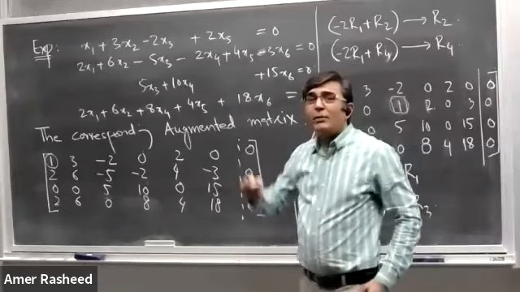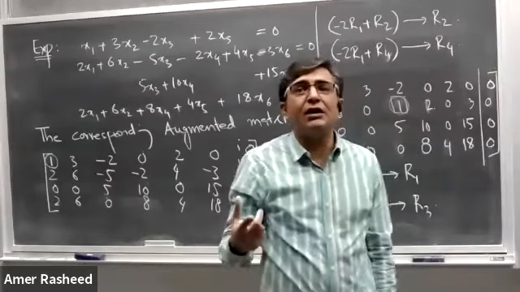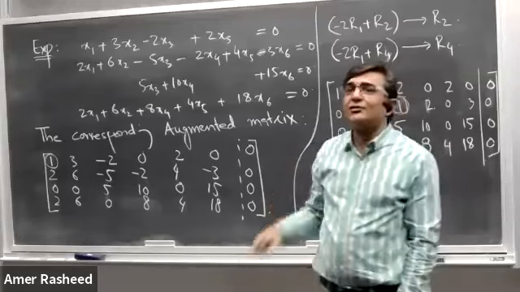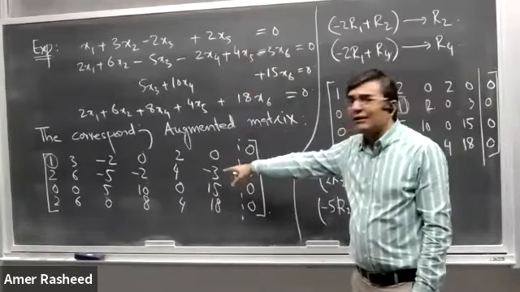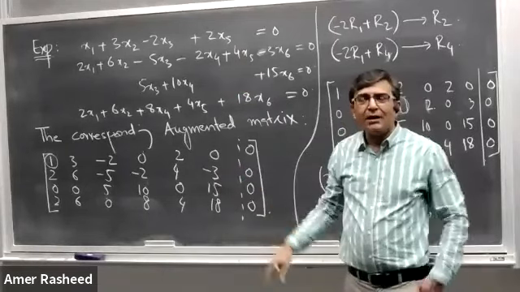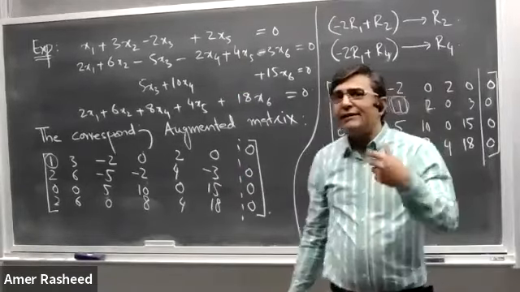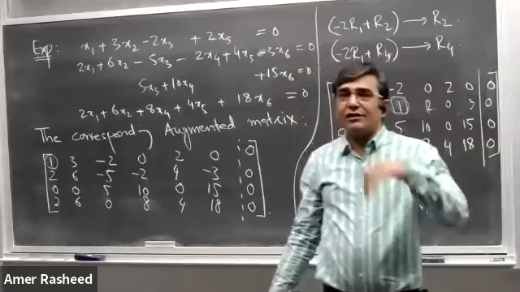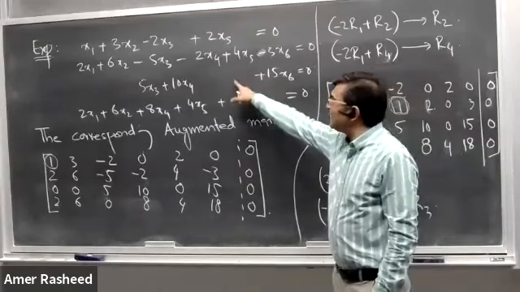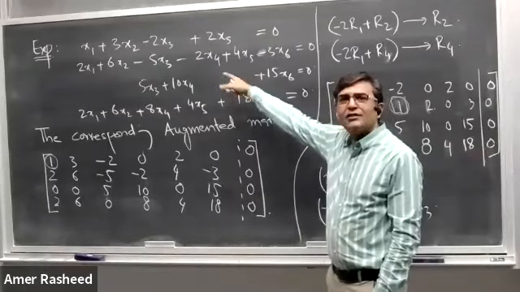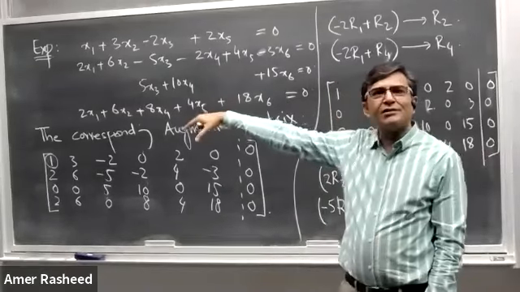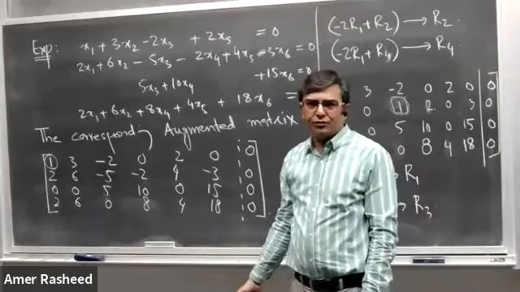Now it depends how many free variables we have to introduce in the solution. It depends on the reduced echelon form corresponding to this augmented matrix. The number of free variables to introduce depends on the reduced echelon form. But by looking at this homogeneous linear system, as there are more unknowns and fewer equations, this must have infinitely many solutions.